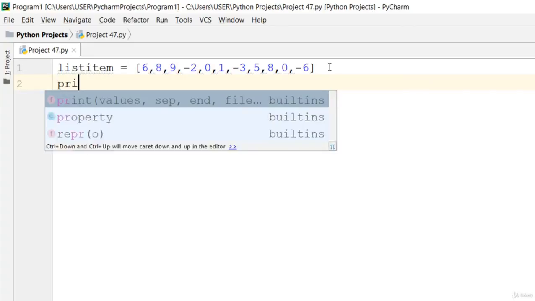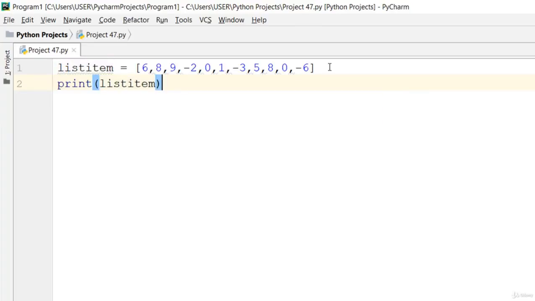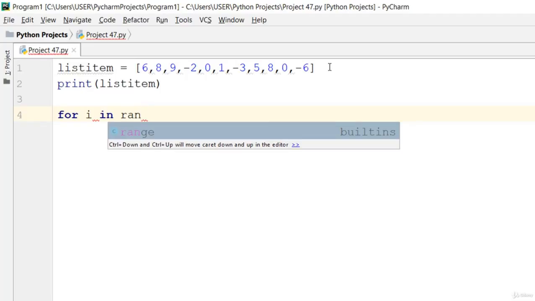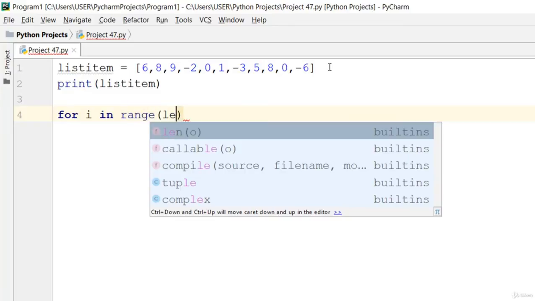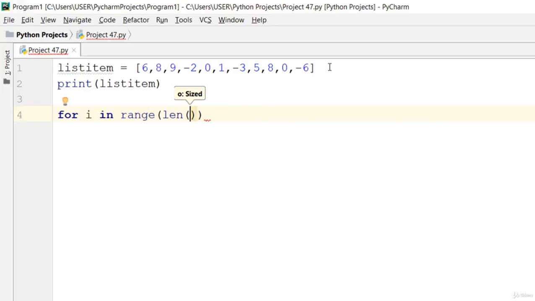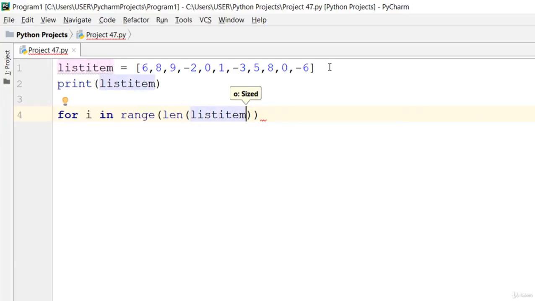Let's go ahead and print out list item, so that will be printed out for us. And now we use a for loop and say for i in range of the length of list item, then we go ahead and say if